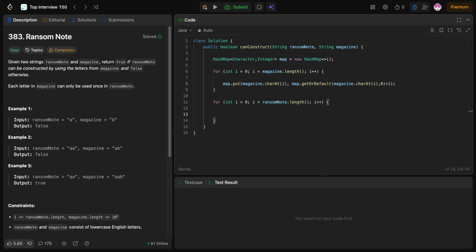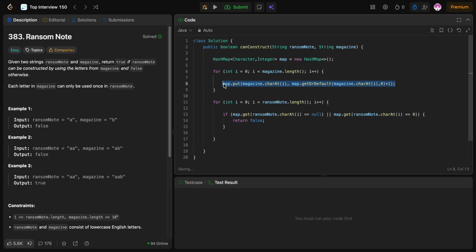So if map.get ransomNote.charAt(i) is equal to null, or if it's equal to 0, then we return false. Otherwise,